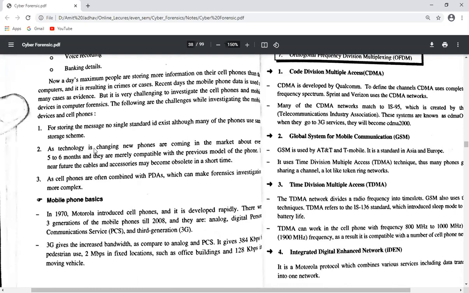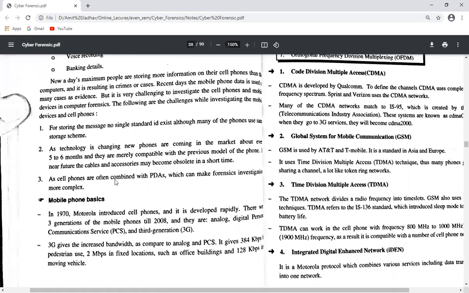Next one is that as technology is changing, new phones are coming into the market about every 5 to 6 months, and they are barely compatible with the previous model of the phone. In the near future, the cables and accessories may become obsolete in a short time.